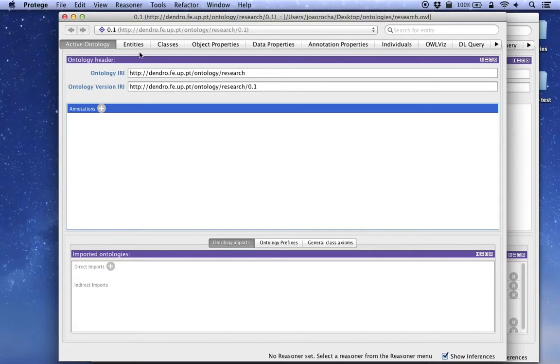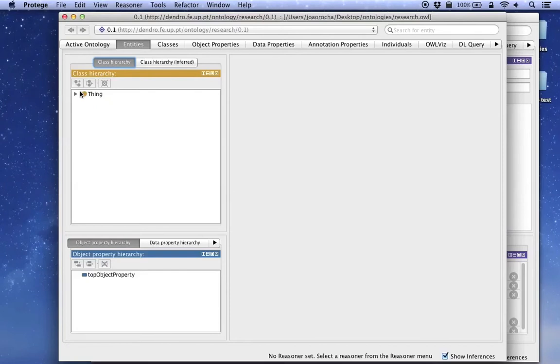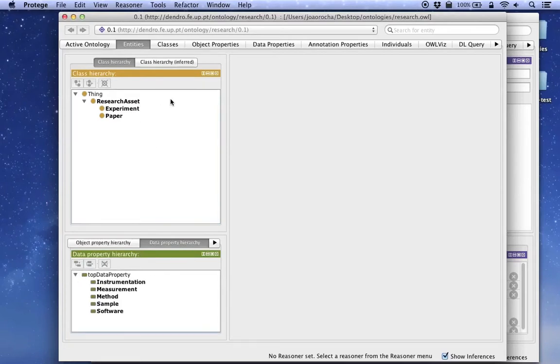For example, we have specified the research ontology. It's very simple, but the notion has been coined in the literature. We have the lightweight ontology that has, for example, research asset, which can be an experiment or a paper. This is maybe controversial, but we see paper as one of the stages of the research activities. For example, we have these notions that can be mapped as a part of an experiment,